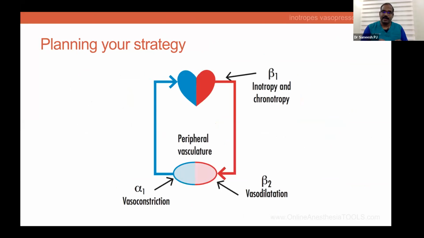And now we'll keep things simple. You can see the heart there. Beta 1 catecholamine receptors, they are responsible for the force of contraction, inotropy, rate of contraction, chronotropy, right? Coming to the arteriolar and vascular and beta 2 receptors,